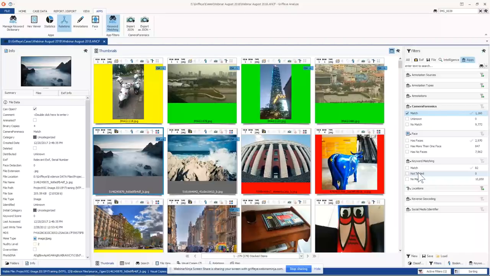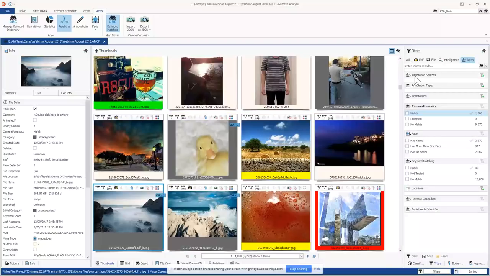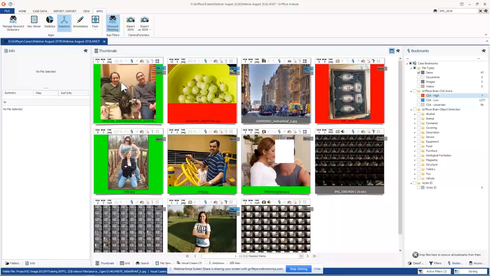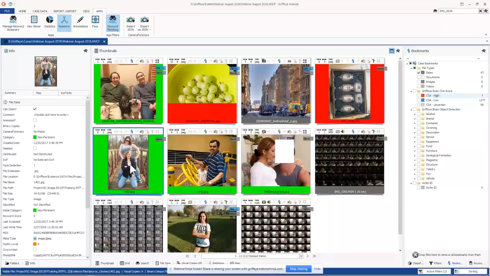One thing I wanted to show you too is that we can search for files based on relationships. I find a file that's important to my investigation, and I want to see all the related files. Built into Griffeye Analyze is the ability to run similarity searches. There are basically three kinds of matching in Griffeye. There's MD5 matching, which is binary matching. There is PhotoDNA matching, which stacks all these files, which we talked about. But then there's visually similar, or vector image hashing.